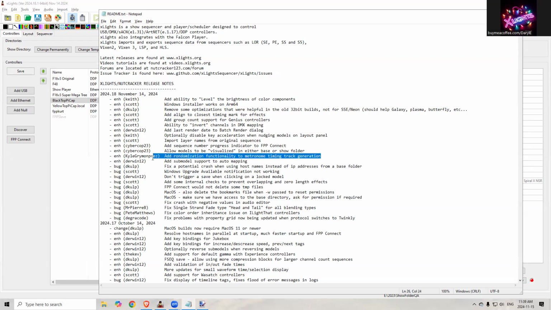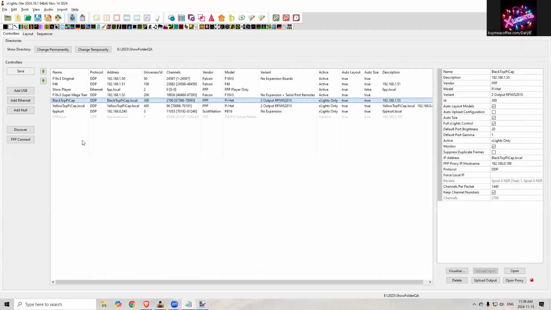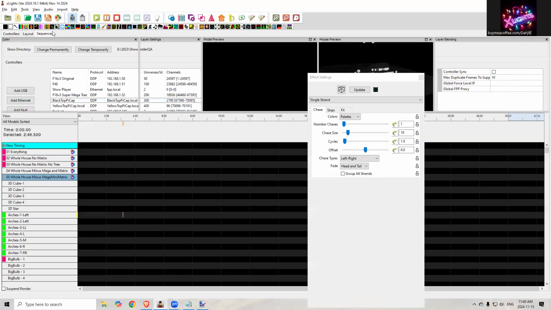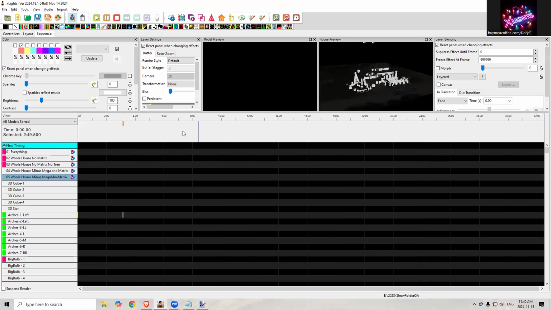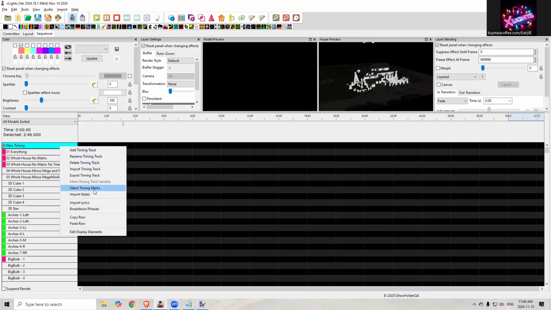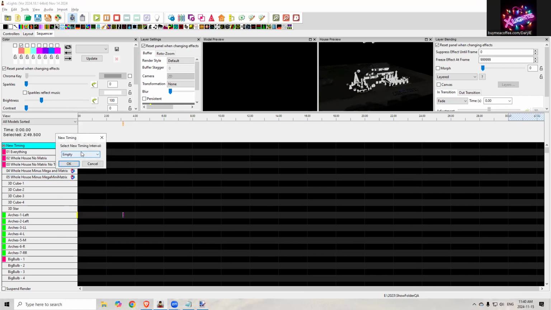Add randomization function to metronome timing. I have not tried this yet, but let's see if we can figure it out. This was a way to make, if you wanted like random bars to show up. So let's see if we can figure it out. So as we added timing track, metronome,